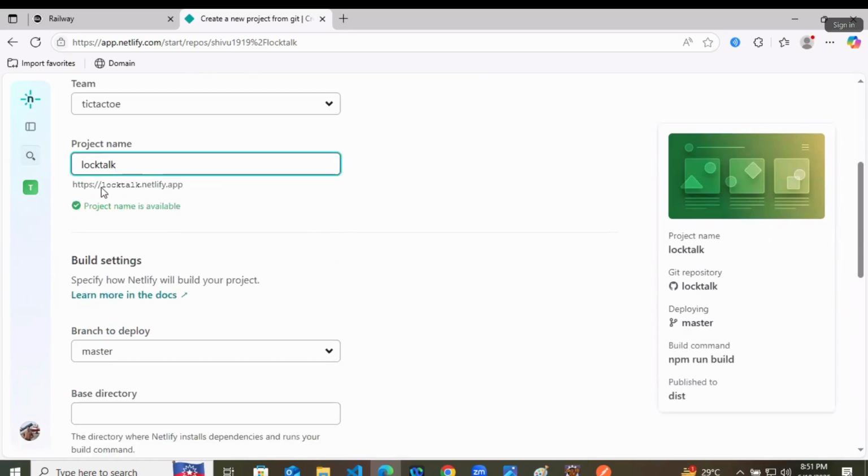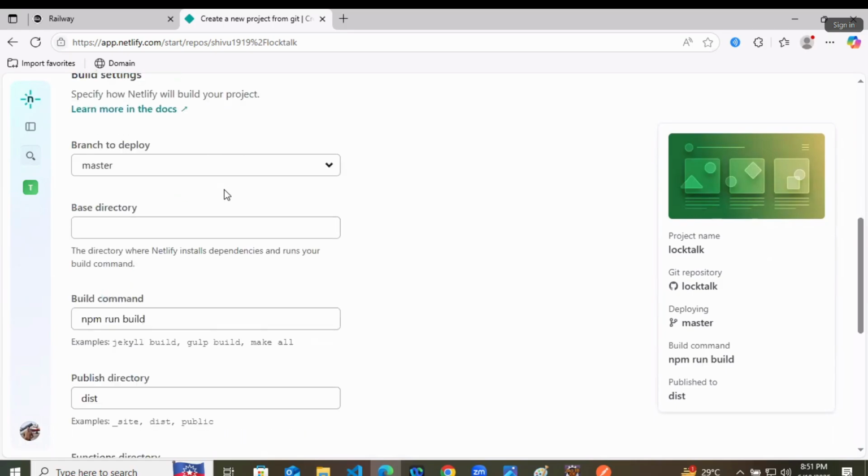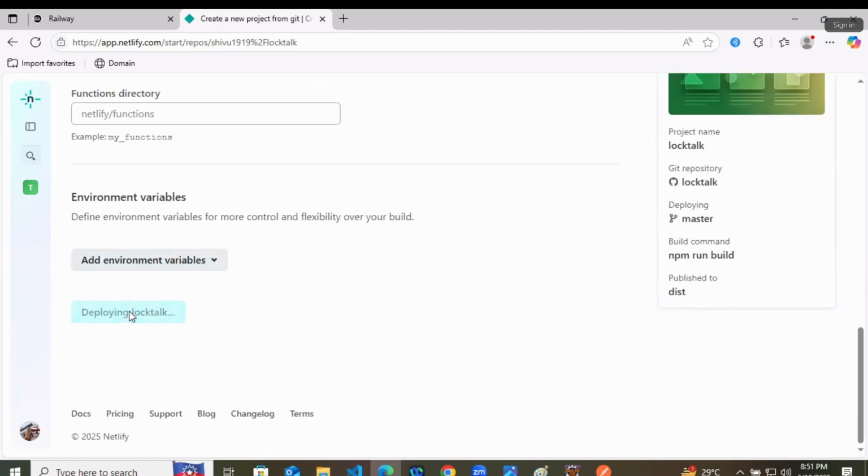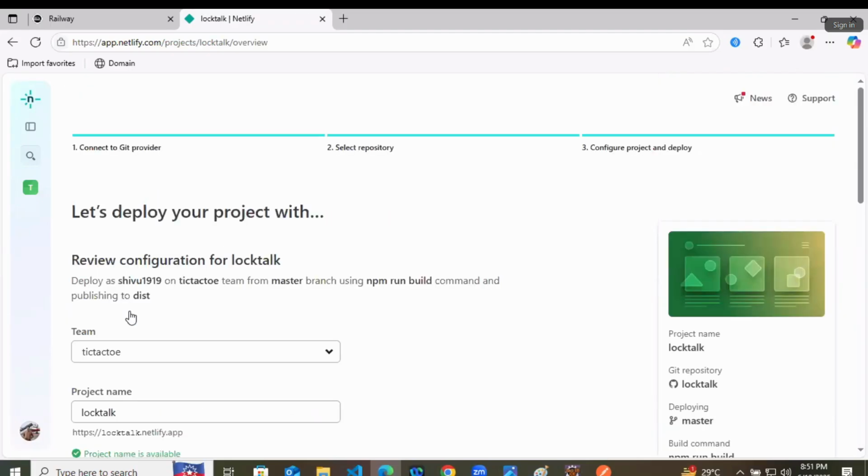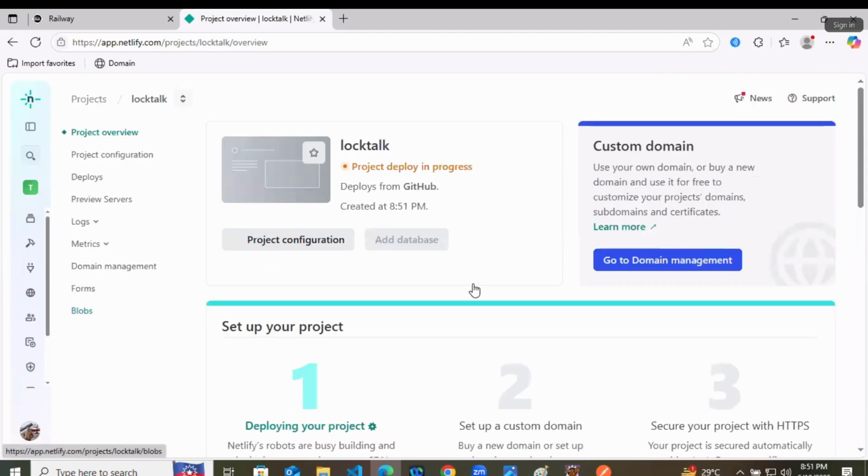So now our project is logtalk.netlify.app. We'll just deploy the project and it is getting deployed.